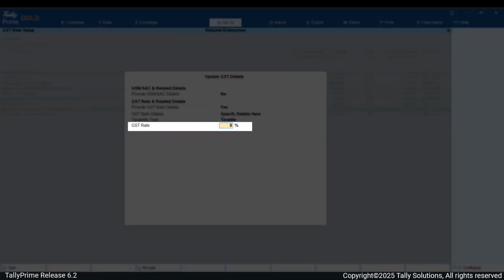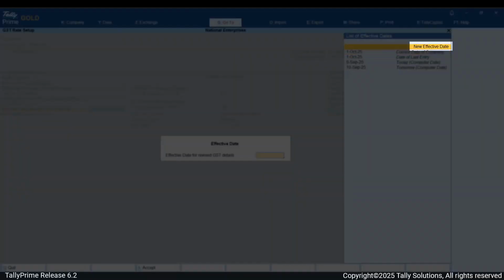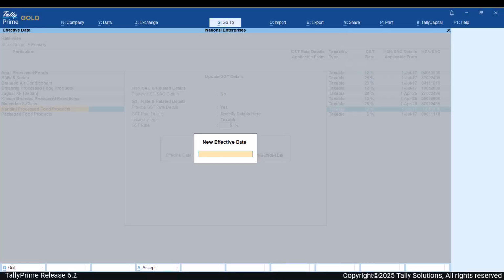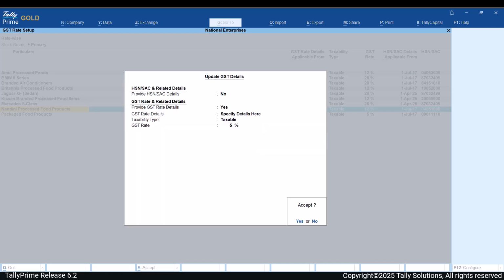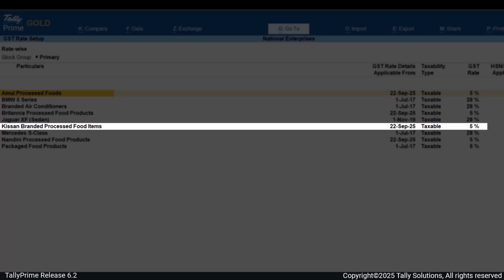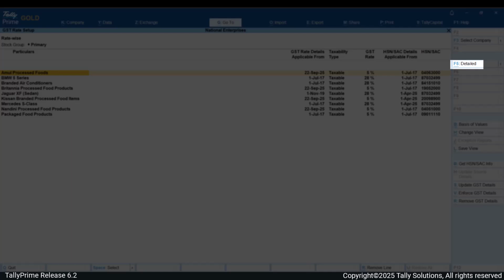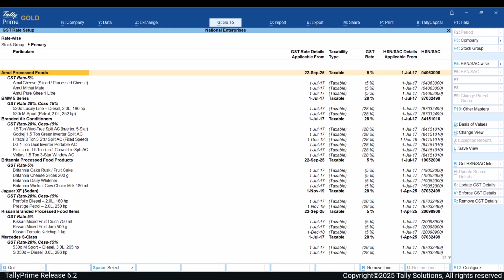Update the rate in the GST rate field and press Enter. Select New Effective Date and enter the date from which the new rate comes into effect. Save the changes. The GST rate has changed for the stock groups. Press Alt F1, Detailed Mode, to view the item-wise information for all the groups.